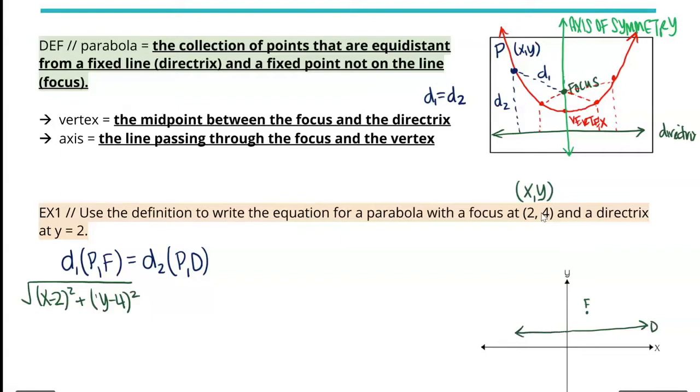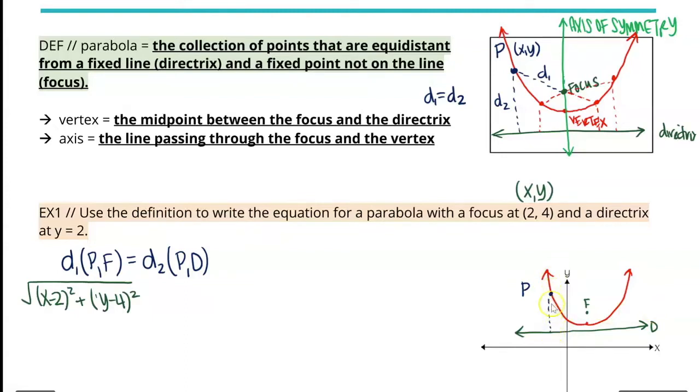I know that this parabola opens up because the vertex will be halfway in between the focus and the directrix, and it's going to open around the focus. That's always the case where the focus is in the interior of the parabola. So it looks something like this. Okay. When I want to measure the distance between P and D, so remember my point P is any random point, and if I want to measure a distance to a line now instead of a point,